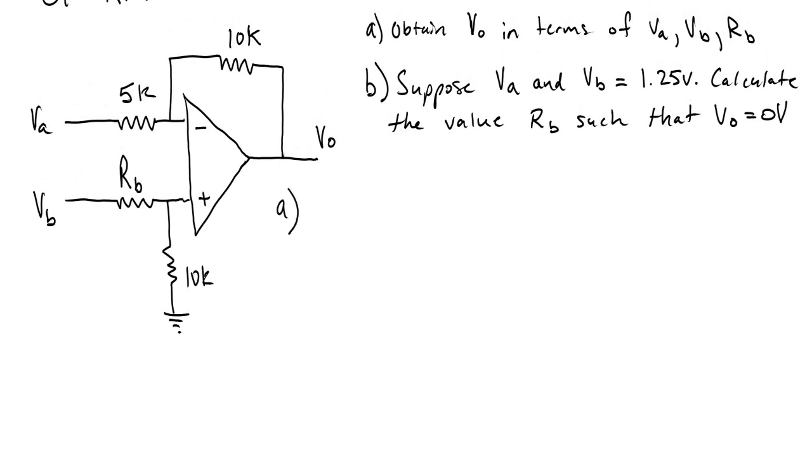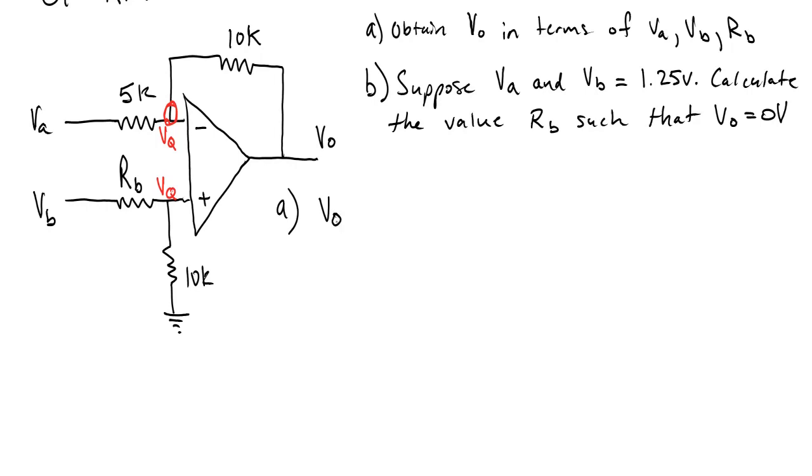So here's A. With A, we want to find out what VO is. So we're going to use some nodal analysis here. And first things first, we're going to label some points in our circuit. We're going to call this VQ. And like we said, VQ would be on both of these terminals in an ideal op amp. Okay, so with that, we're going to look at this node here, and then we're going to do nodal analysis, and what that will give us is